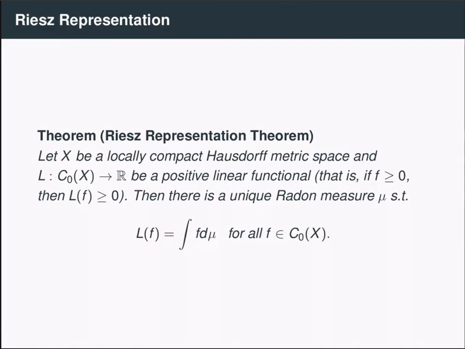Finally, a more abstract but very convenient way for generating Radon measures is the all-familiar Riesz representation theorem that you should have seen in your measure theory or functional analysis course. So given a locally compact Hausdorff metric space and a positive linear functional on the space of continuous functions vanishing at infinity, there is a Radon measure such that the linear functional evaluated at f agrees with the integral of f against this measure. This is a very amenable method for constructing Radon measures, and we'll demonstrate one example of how to use it in the next video when we study limits of measures.